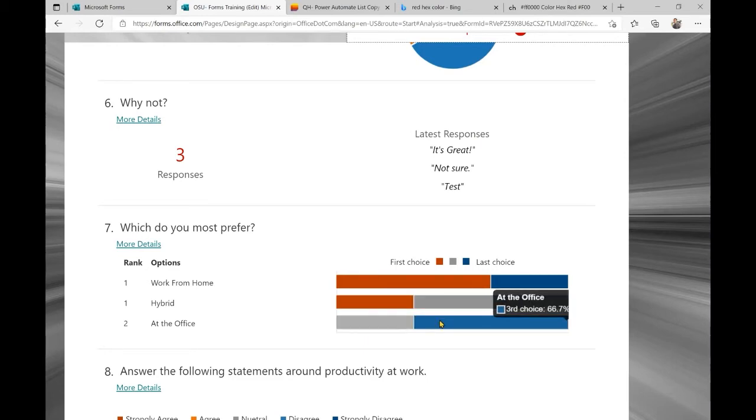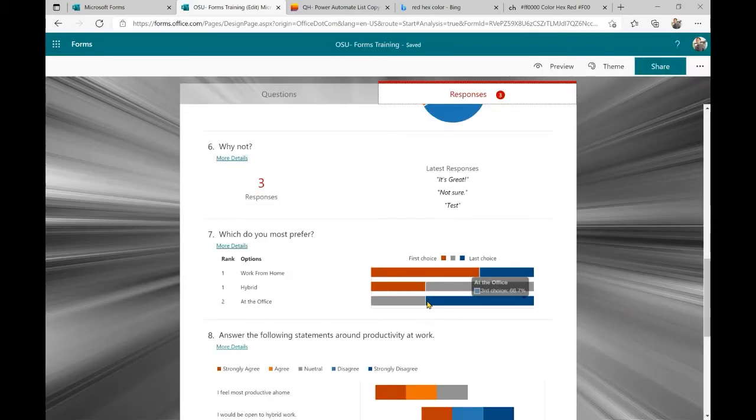Or, sorry, let's see, this is actually the same thing. Oh, okay, and then these same people made the office their last choice. That's actually very confusing. I'm not sure why it says that, but this is basically how the ranking works out. So for the people who chose to work from home, their third choice was likely going to be the office. For the people who chose to be hybrid first, their second choice is likely going to be, I think the gray is hybrid.